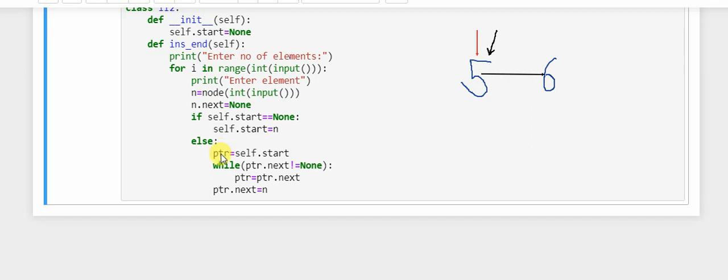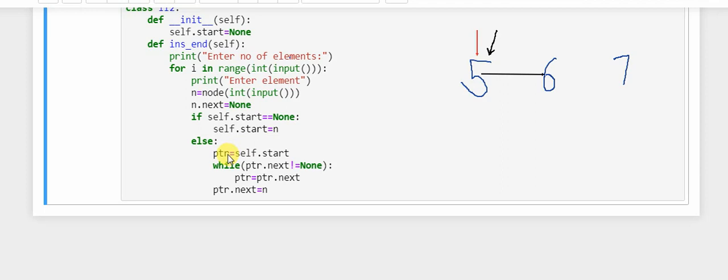And now our loop is going to run again for the third time. It is going to ask for an input here, so we take 7 as an input. It is going to move to this else part here because the linked list is already created and start is not equal to none, and we are again taking a variable ptr equal to self.start.